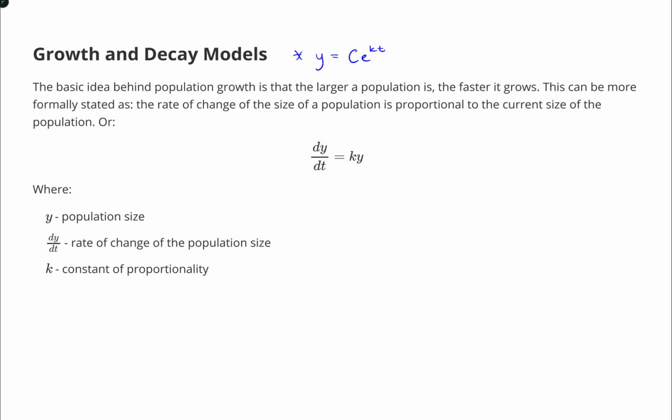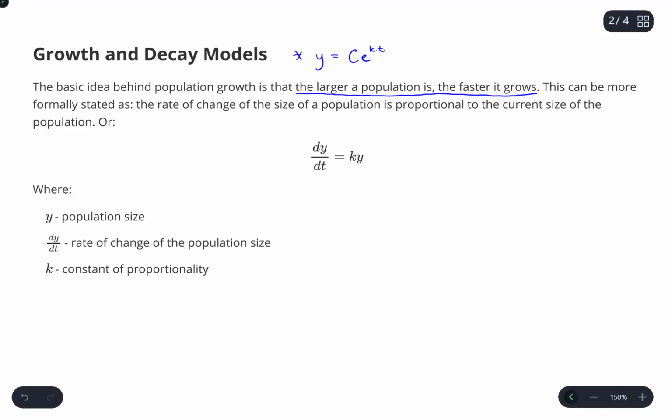So the basic idea behind population growth is that the larger a population is, the faster it grows, which should make perfect sense. If you have more items in the population to reproduce, the level of reproduction at each generational stage increases. But this can be more formally stated in this way. The rate of change of the size of a population is proportional to the current size of the population. So that means